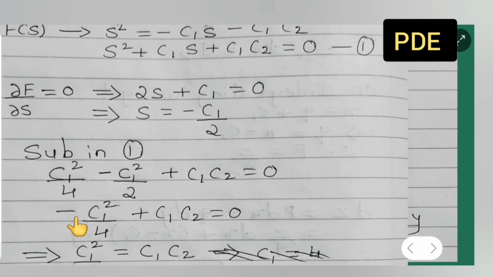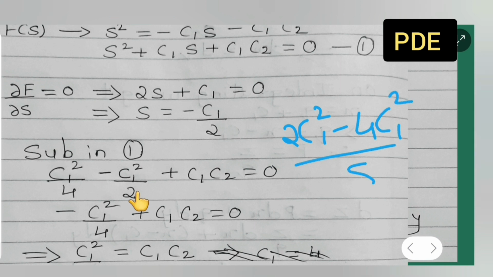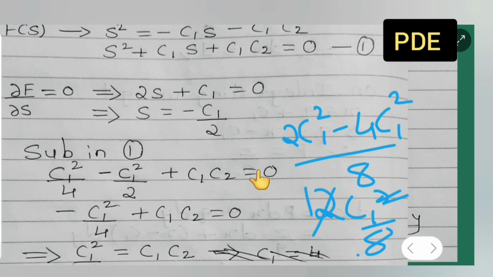Okay, now what you all have to do, over here, now this you all see: 2 times c1 square minus 4 times c1 square, 2 fours are 8. Okay, now can you all see 2 minus 4 is how much? 4 minus 2 is nothing but 2. So what I got is 2 c1 square upon 8, right? So 2 ones are 2, 2 fours are 8. Okay, cancel this term. So finally what is left?